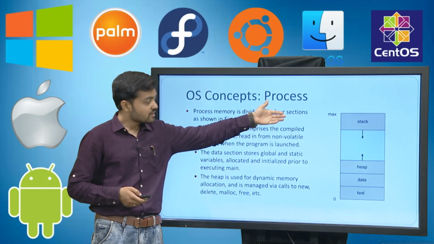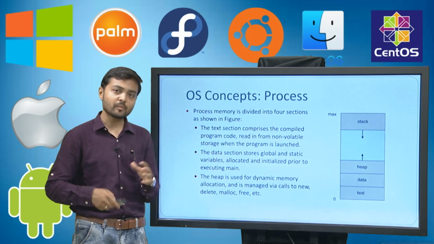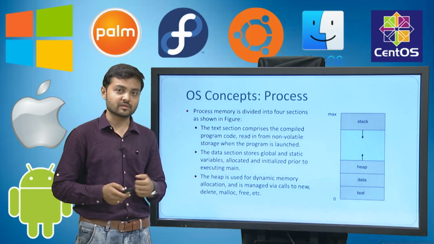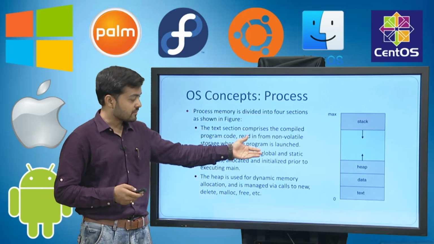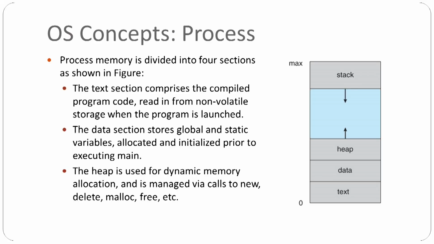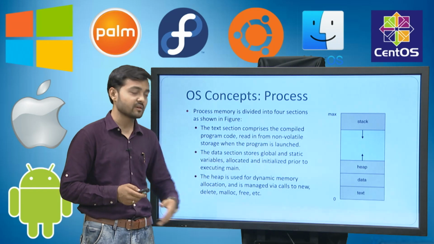This is the diagram of the memory. Normally this memory is divided into 4 parts. As you can see here, one part is the text part, which is nothing but your compiled program. You can simply say it is the program. Then the next part is the data part. The data which is going to be used in your program will be stored in the data part. Normally the local data will be stored in the data part.